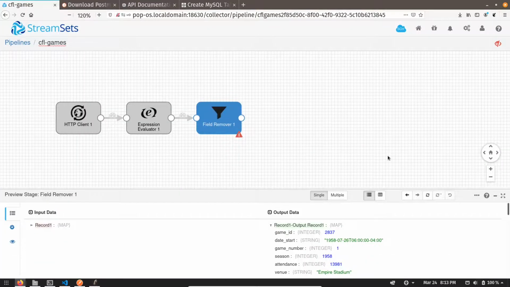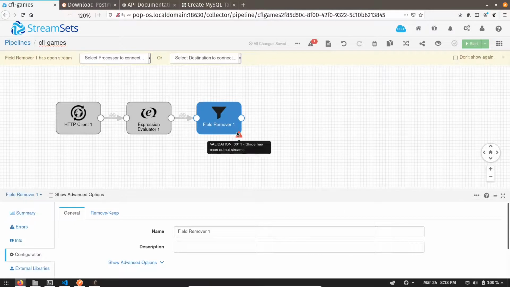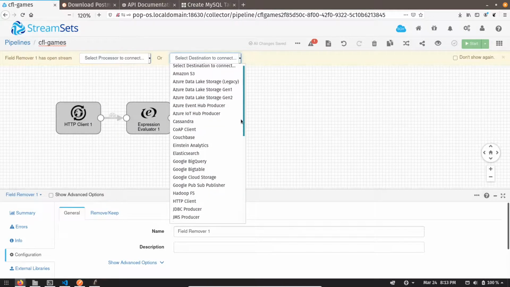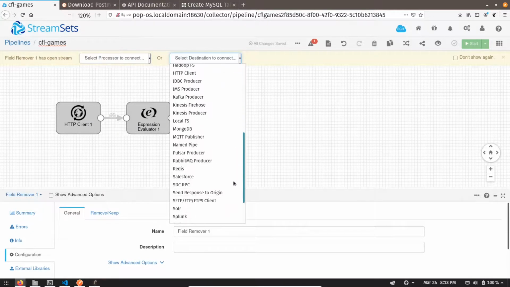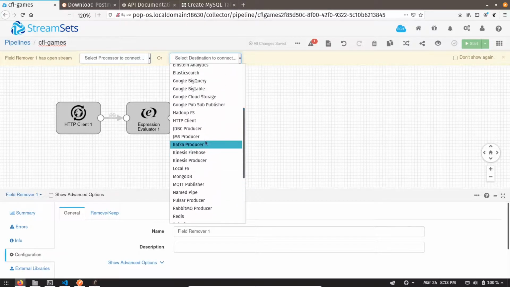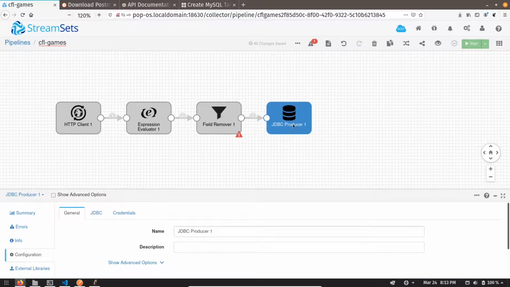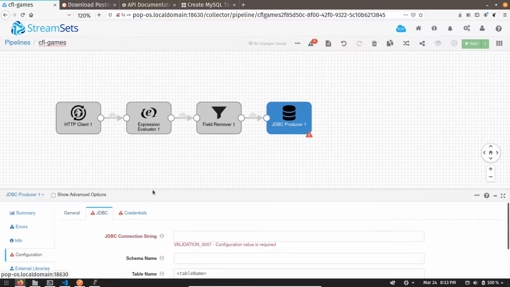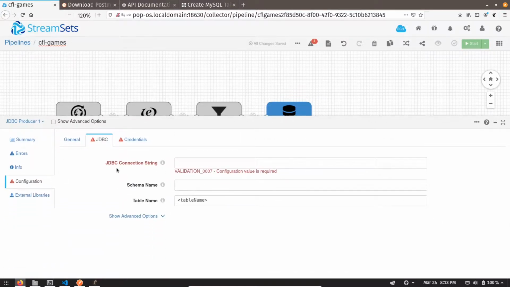So now, to load the data into MySQL, I want a JDBC producer. So in destination I will get JDBC producer. That's it. So now I have to configure it. So I need a JDBC connection string.